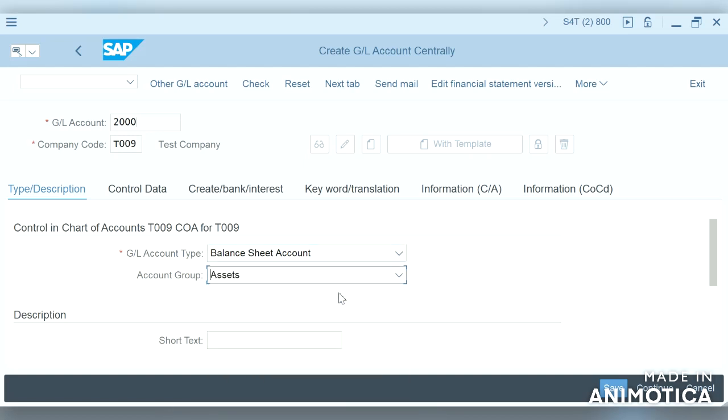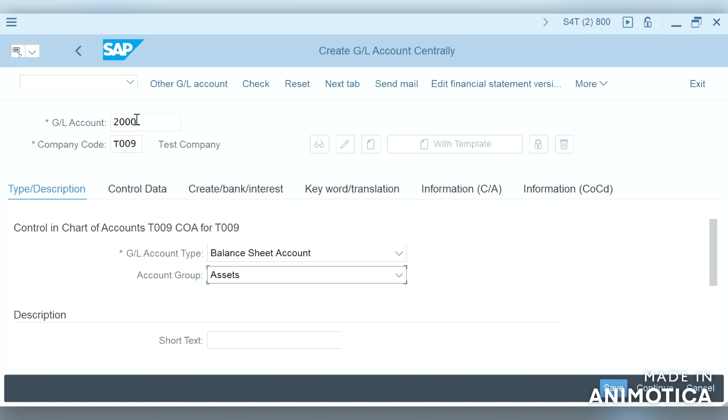Here we have selected assets, but we can't give the GL account number as 1000, because for assets the range from account to account is 2000 to 2999.